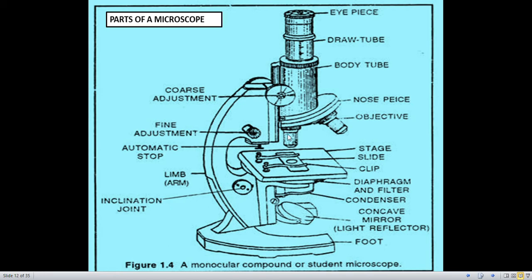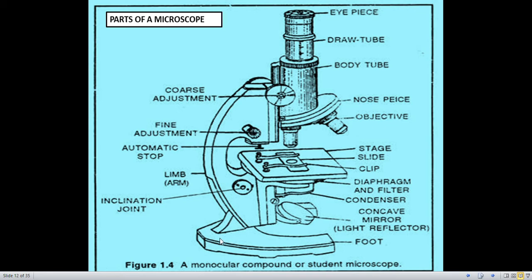The objective lenses, there are three objective lenses. They are fixed to the nose piece, and then you can see the coarse adjustment, and this is called the limb or arm, and this is the coarse adjustment, this is the fine adjustment,